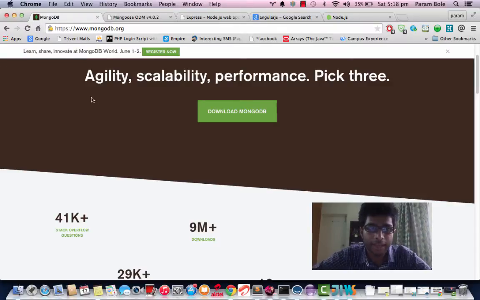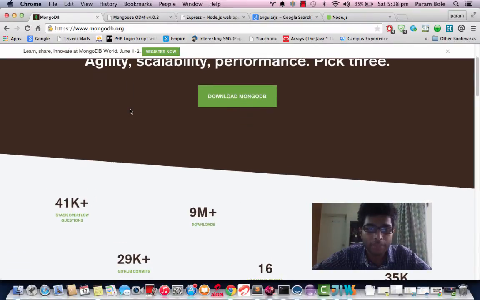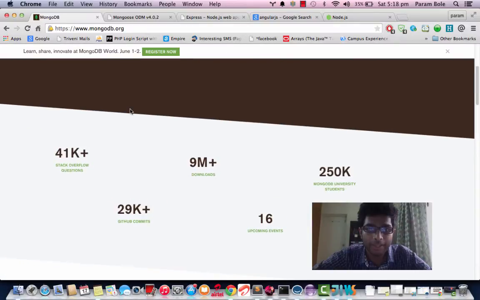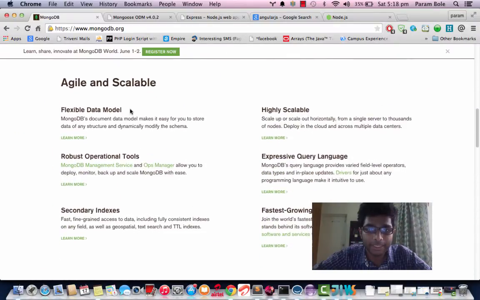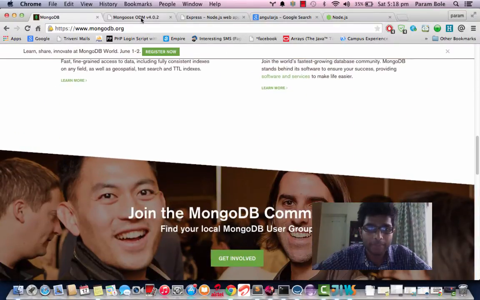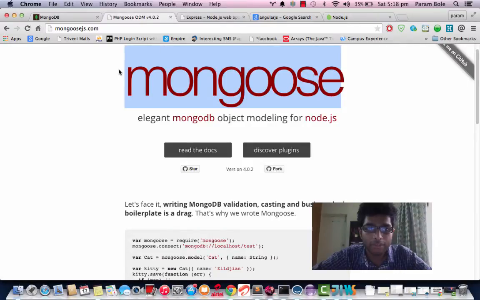So in MEAN stack, M stands for Mongo. MongoDB is basically a NoSQL database. What it does is you can store data in whichever manner you want to. It is very popular with big data and how big data can be stored in a database. Now, how do you actually start off with MongoDB is by using Mongoose. Mongoose is a framework which actually objectifies the models in your MongoDB so that they can be efficiently used by